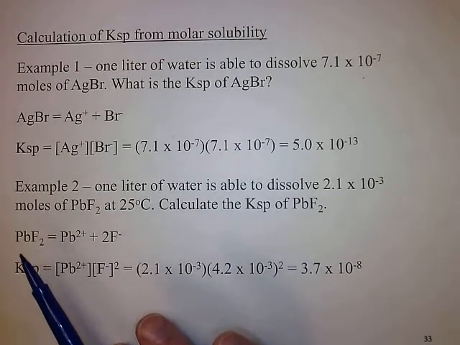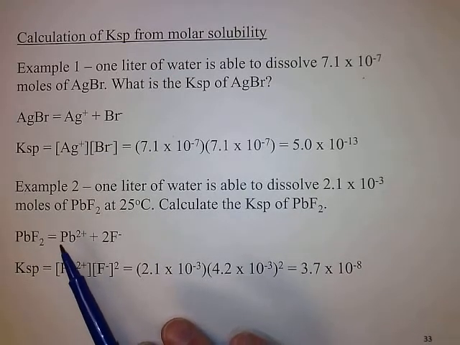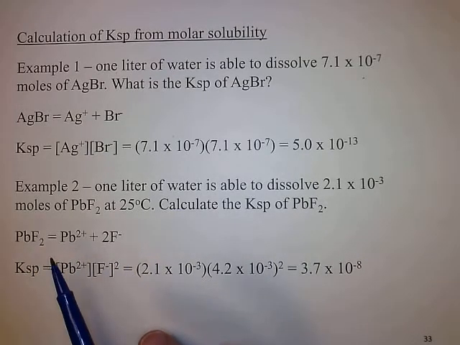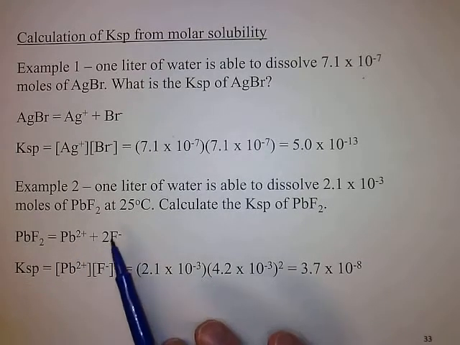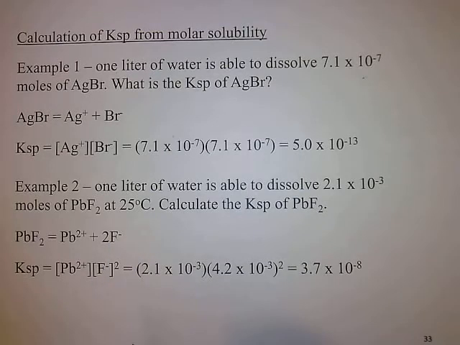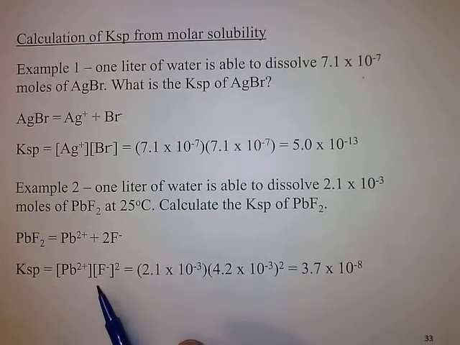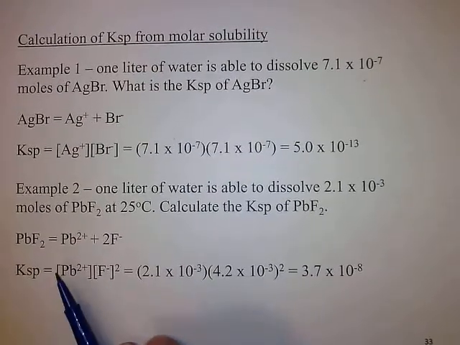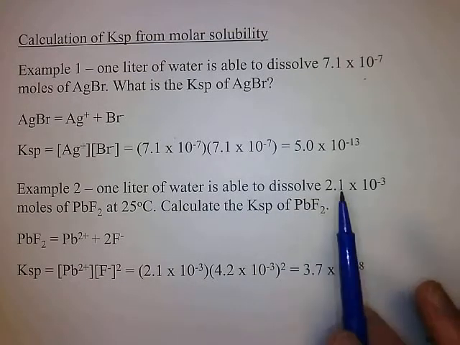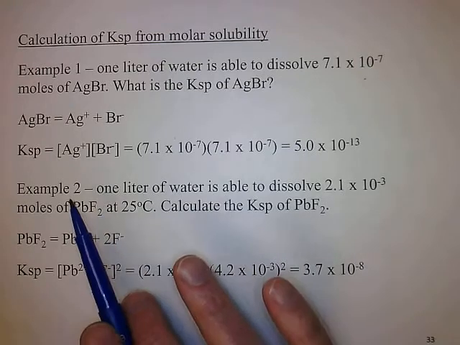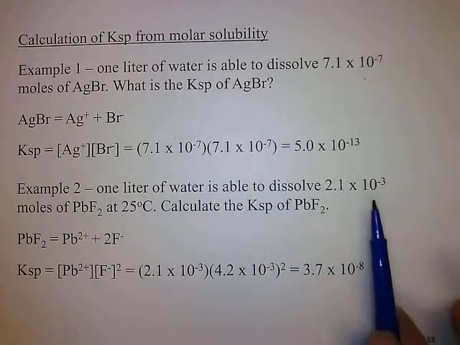So let's write our reaction. When the lead fluoride dissociates or dissolves, it's going to give us 1 lead ion and 2 fluoride ions. Okay? But your coefficients become your exponents, so your KSP is the concentration of lead ion times the concentration of fluoride squared. Okay? So if you're able to dissolve 2.1 times 10 to the minus 3rd moles of lead fluoride,